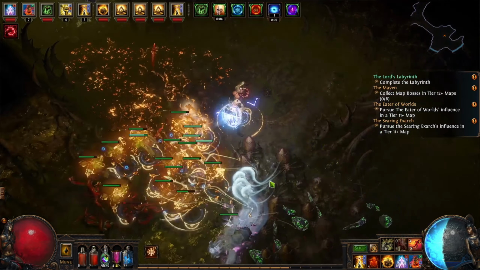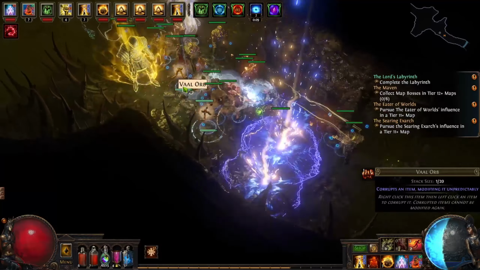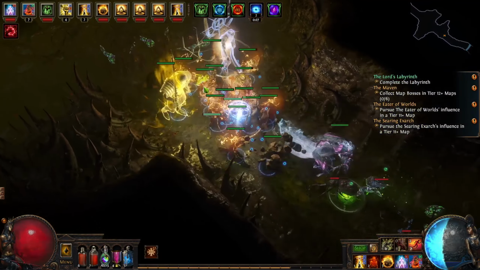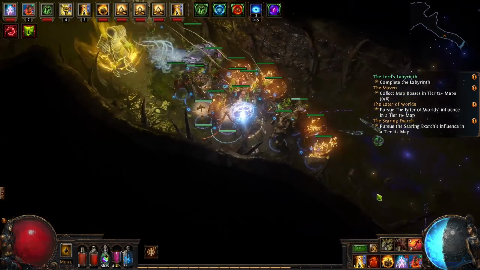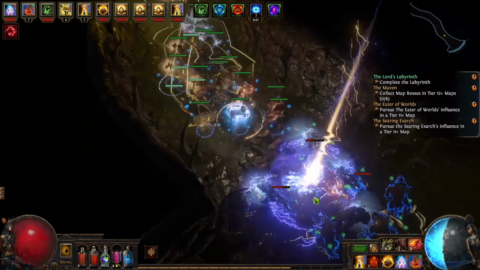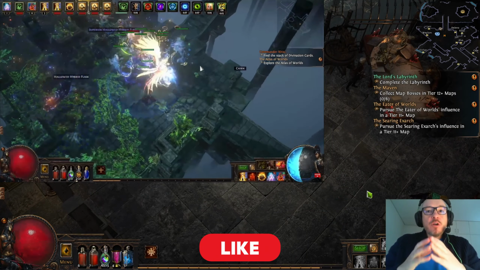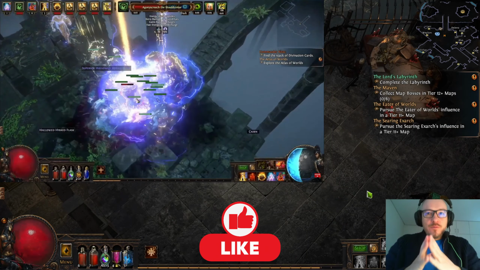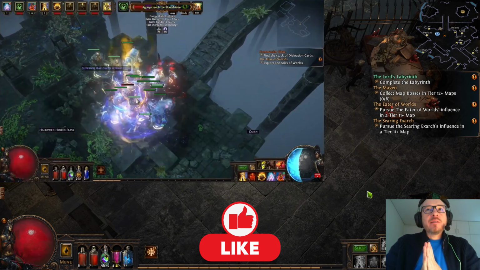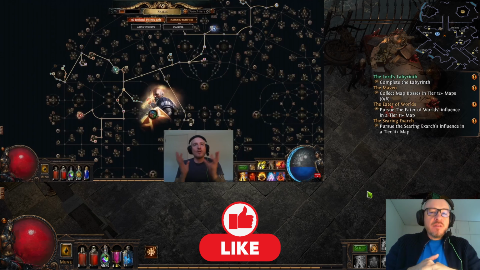Welcome to another League Starter build showcase, and this is my absolute favorite minion summoner build that is not a witch. It is not one of those boring ones. It's actually very exciting. It's a Templar ascended as a Guardian, and it's a holy summoner build. I created this build 4 leagues ago of Path of Exile 1, and I do want to revisit it in the